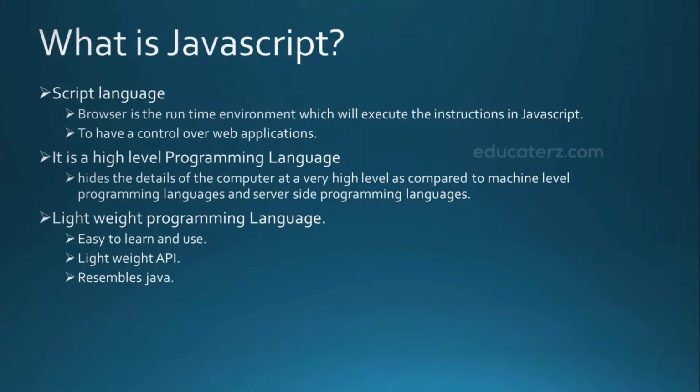JavaScript hides the details of the computer at a very high level as compared to machine level or server-side programming languages. So that is the reason we call it a high level programming language. As JavaScript has a lightweight API and is easy to learn and use, we call it a lightweight programming language. And more important thing, it resembles Java